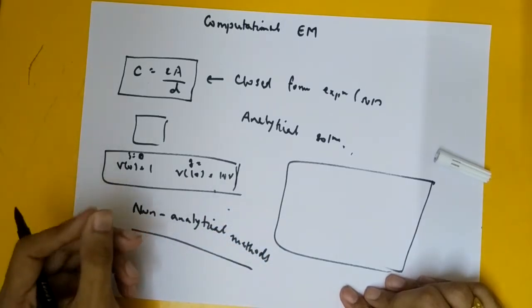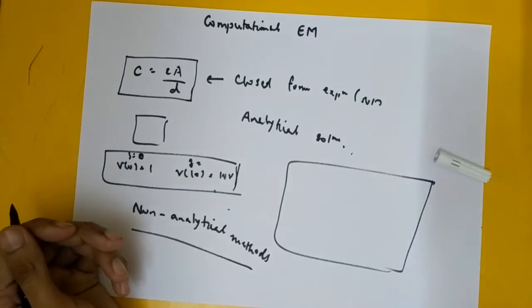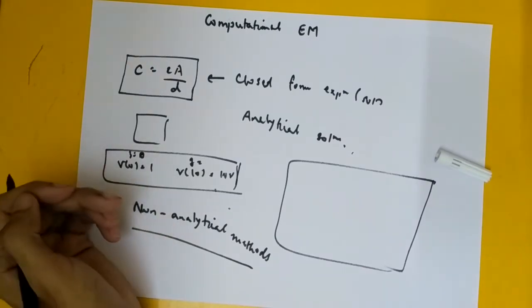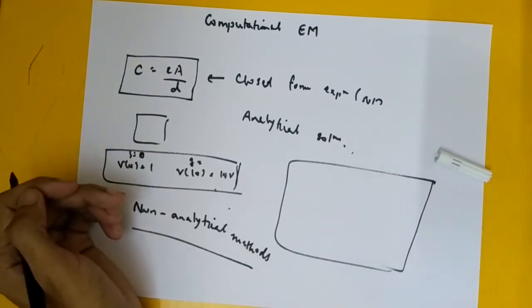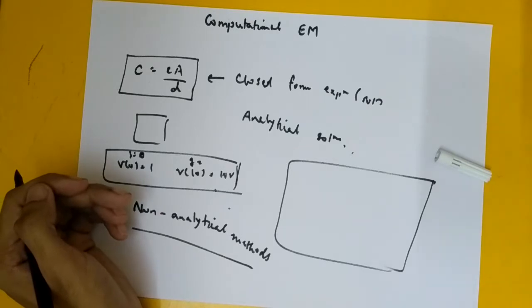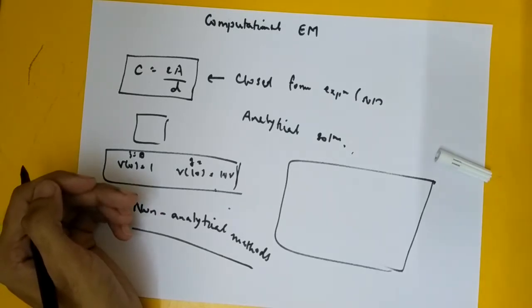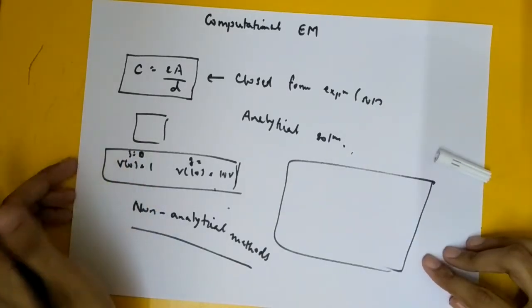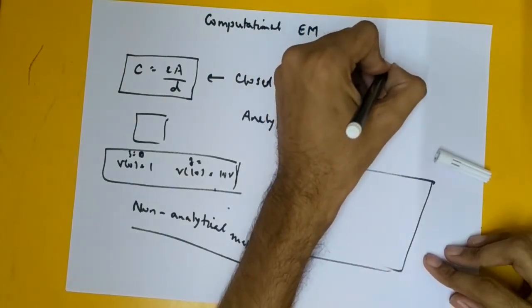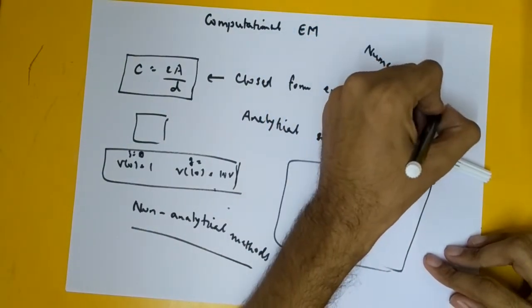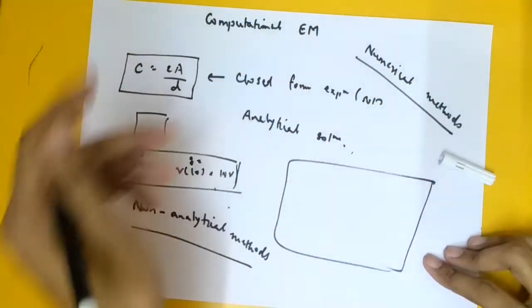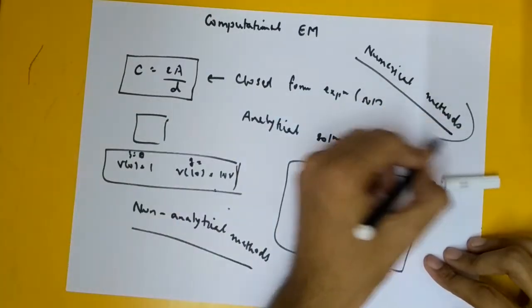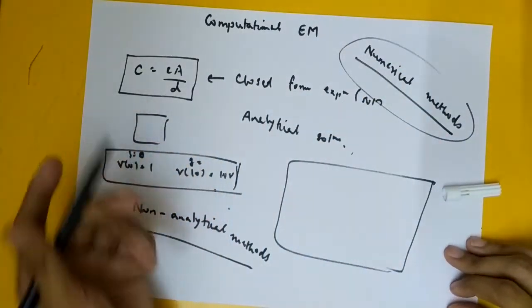So for complex theoretical formulas, we resort to non-analytical methods. What are these non-analytical methods? The one we have already seen is the graphical method. The Smith chart equations were quite tedious to solve, you have to take the square root of a complex number, etc., so we went to the graphical method. Then other methods are experimental, analog methods, and numerical methods. Now we have come to a very ultra modern age. Computers have become very fast, so apart from other methods, we mostly use numerical methods now, mainly due to the advent of fast digital computers.